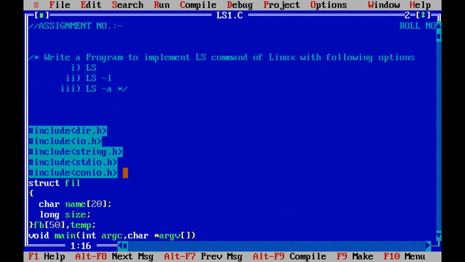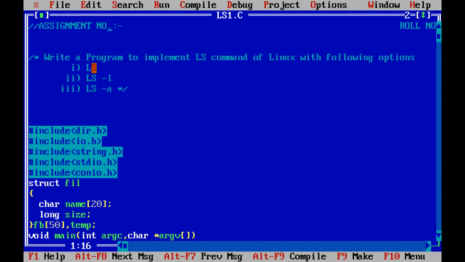Speaking about the arguments, if you check the command with its option, here we are just going to implement ls, so the number of arguments is 1. Here we are going to implement ls -l, so the number of arguments becomes 2, and again ls -a, that is, the number of arguments is 2. So our code is going to work when the number of arguments is at most 2.